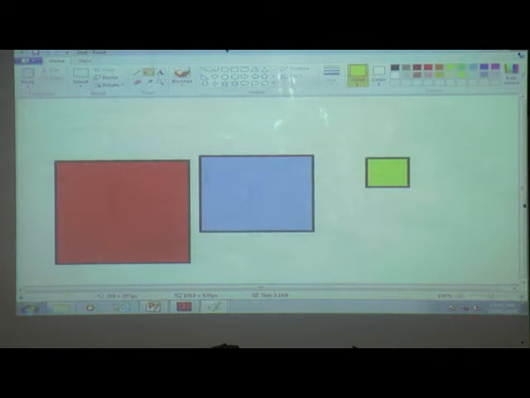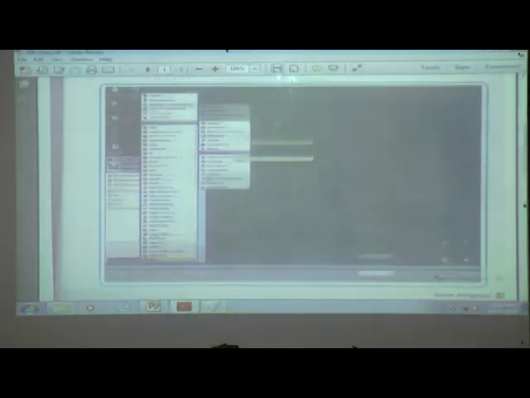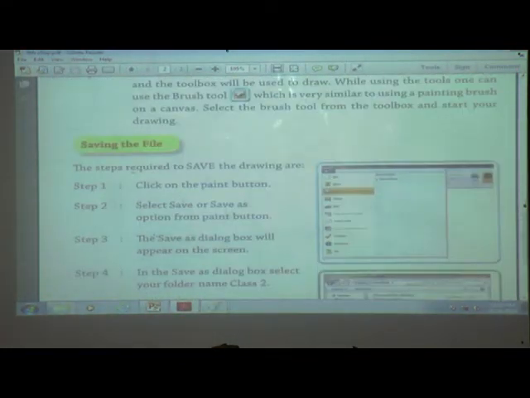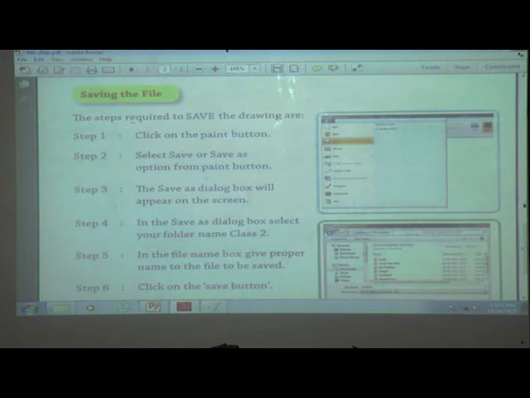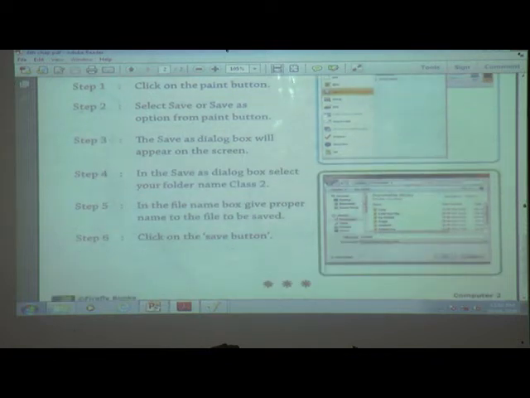Now we will read how to save the file. Saving the file. The steps required to save the drawing area. Step 1. Click on the paint button. Step 2.